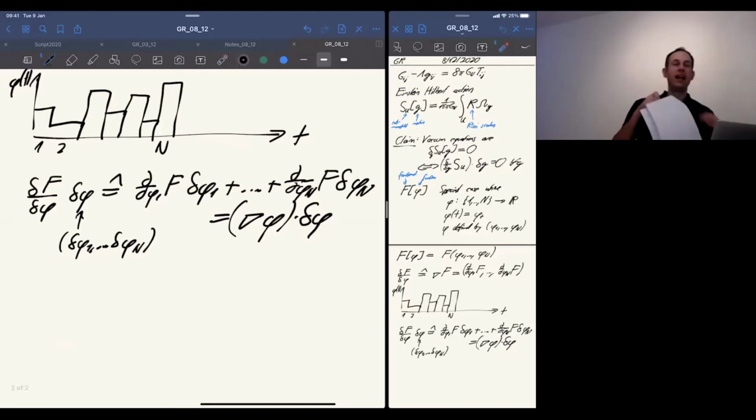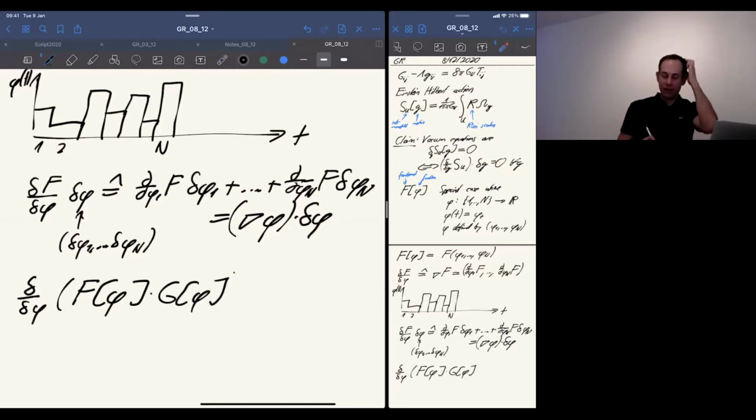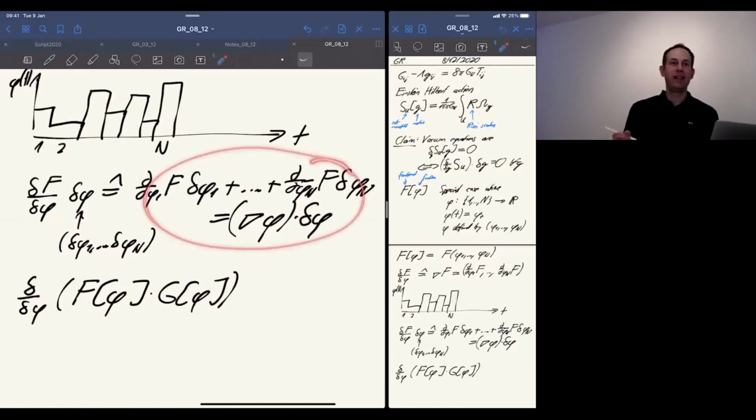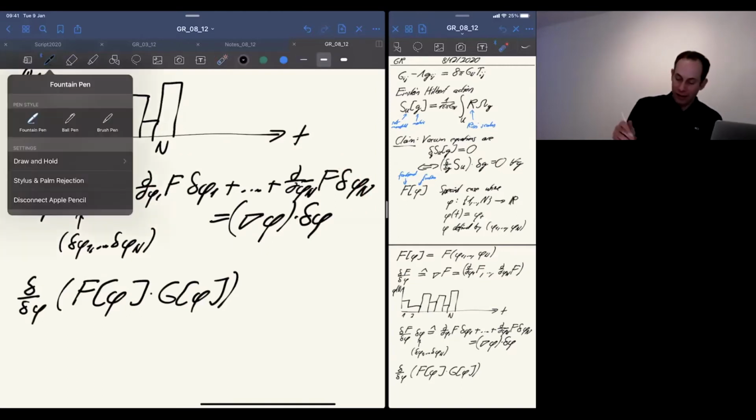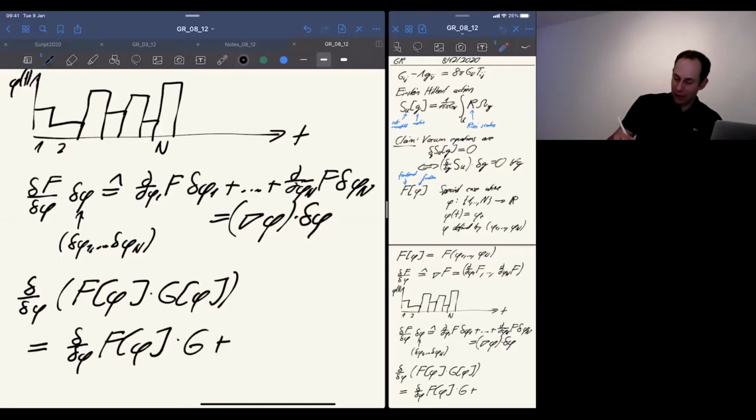Now, once we have the analogy, and the reason why I introduced it is that we will actually need to apply certain rules. So we will have some expressions as follows. For example, we may have a product between functionals. And now the question is, how do we deal with that? Now, once you know that everything translates into this, of course, all the rules about derivations apply, as I said before, in particular the product rule, for example. So we can therefore say it must be true that this could be written like this. So it's just the statement that the product rule applies, which I write down here explicitly for once.